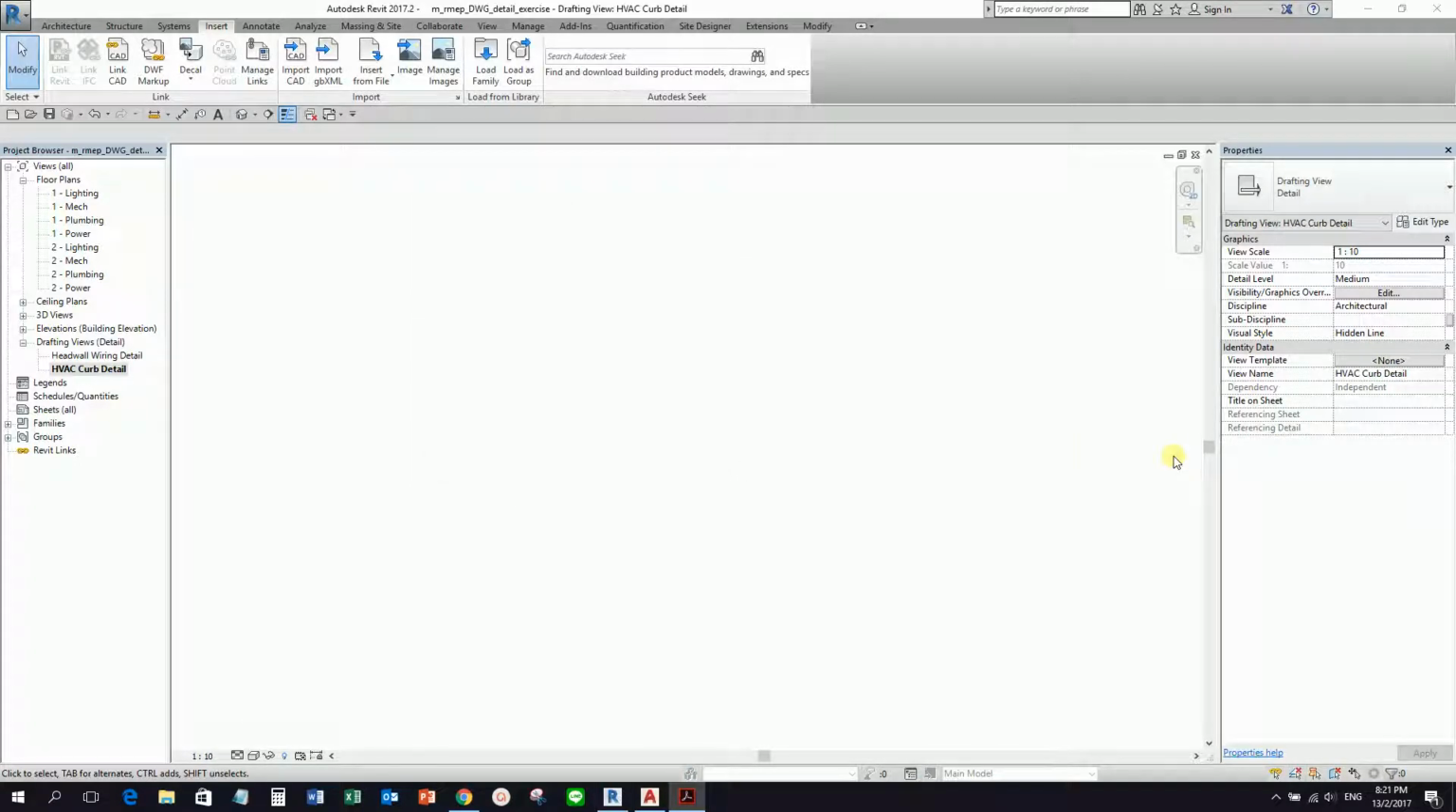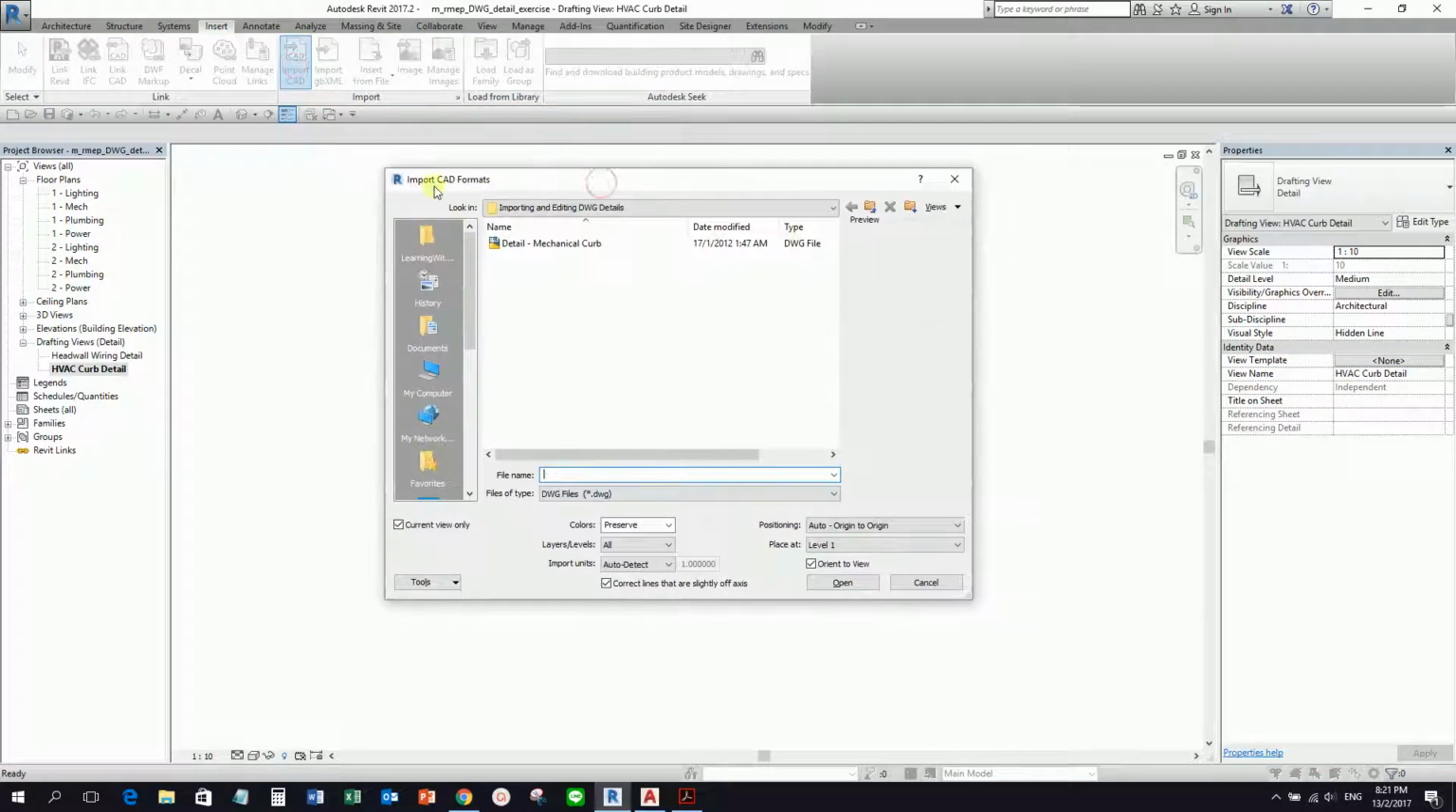Alright, so after that, what I'm going to do next is import my AutoCAD. From the Insert tab, there's the Import CAD here. So I select Import CAD, and then you will see the Import CAD Formats dialog box. So this is the CAD file that I'm going to import, but before that, as you can see,